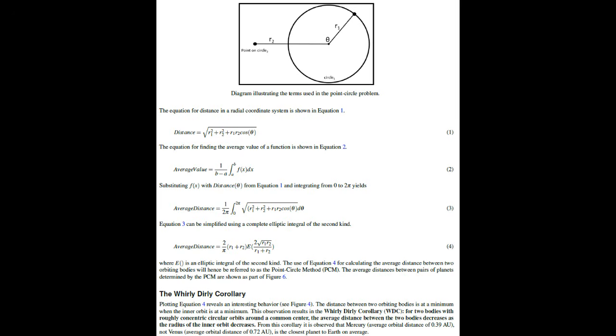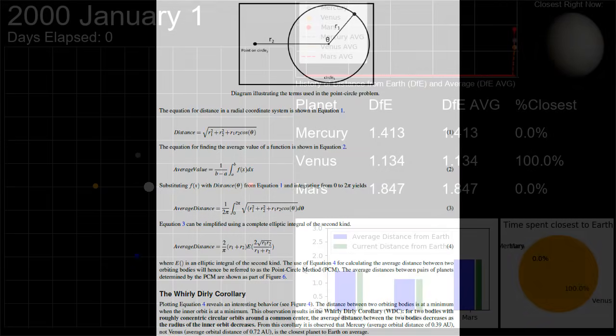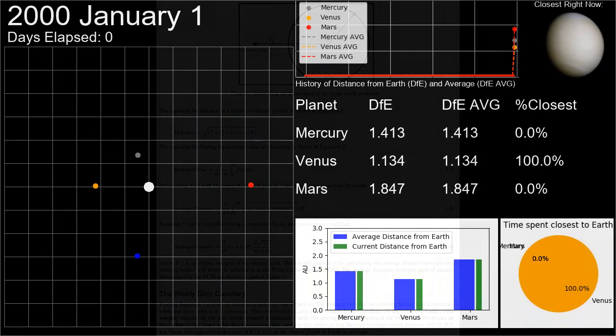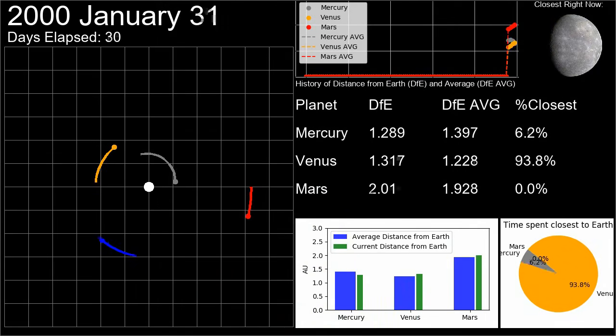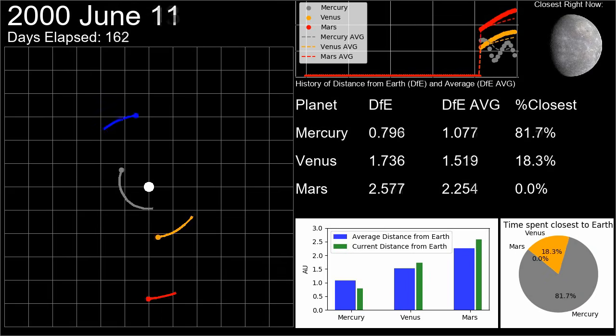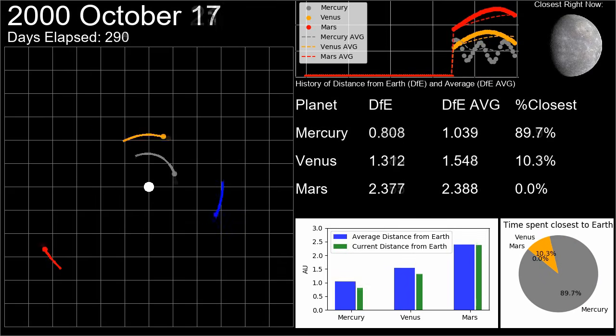But at this point, you, like me at the time, are probably just thinking that the math was wrong. So I built this little simulation of the solar system. Let me go ahead and get that started for you, and then as the video progresses, I can explain the parts as we go along, and you can go back in the video if you want to look at any